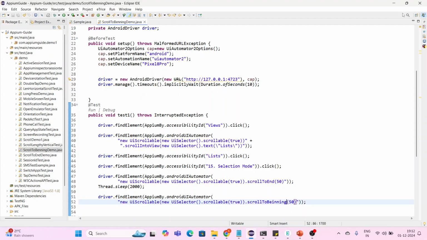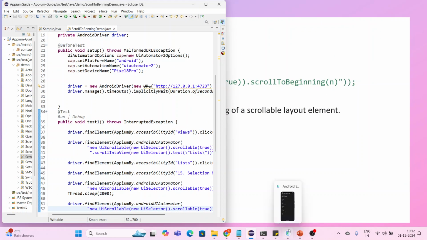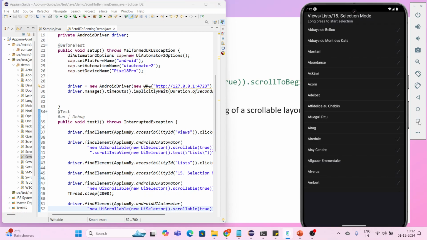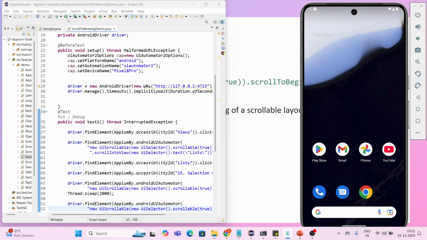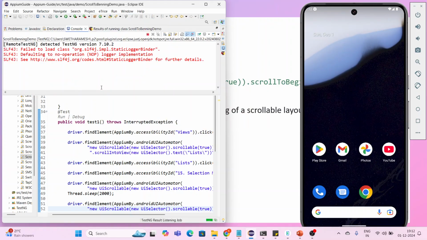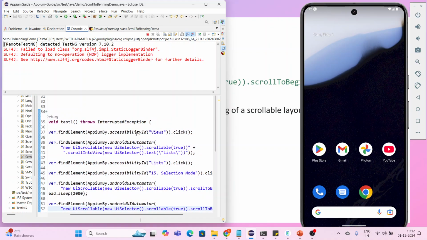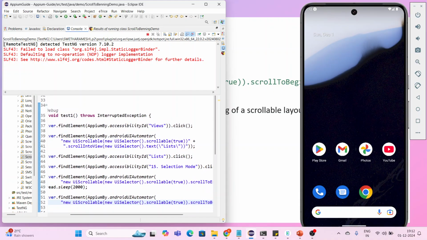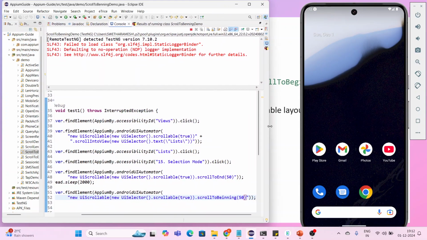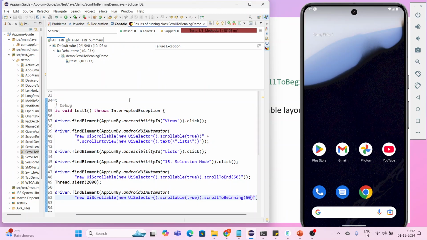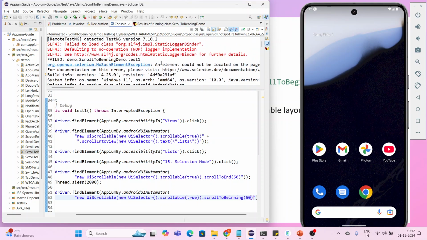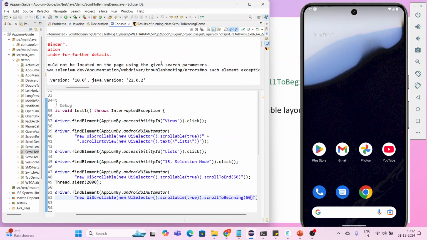Okay. Now my Appium server is running, my emulator. Now I'll just close this app. Okay, I'll run this code. My Appium server is running. Cannot locate the,